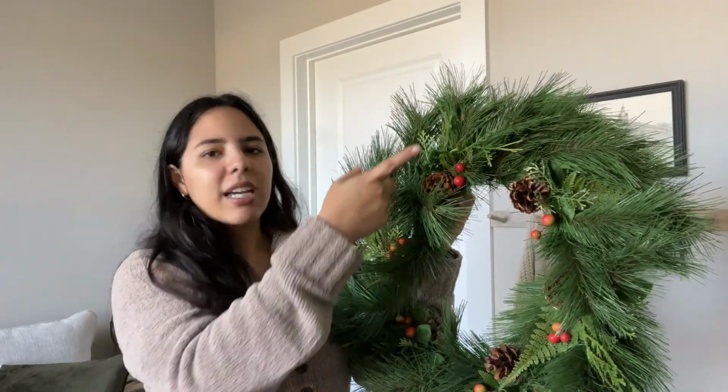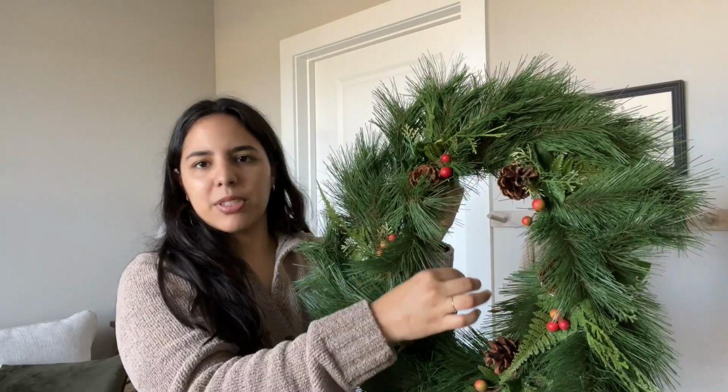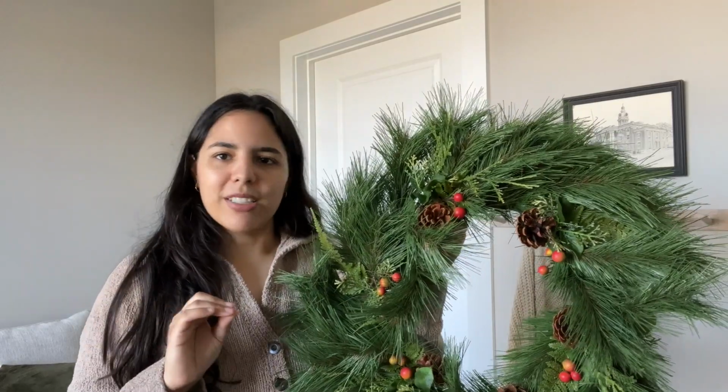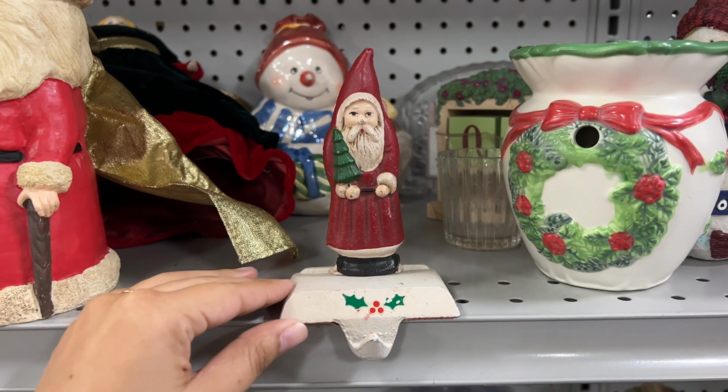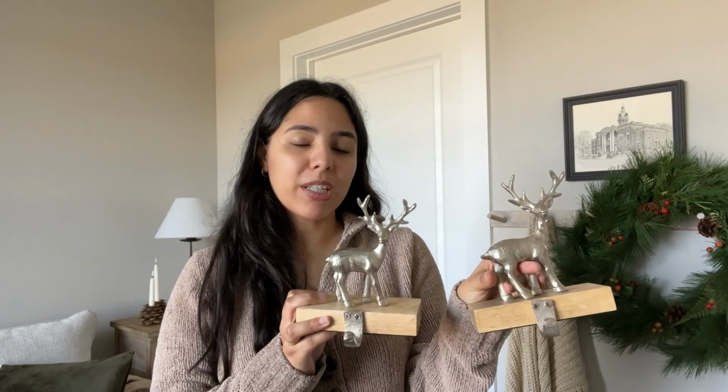And the same thing, I could add a bow if I wanted to, maybe some little dangling bells, and you can completely transform a piece with just a couple of little details. And the last thing that you can usually find at thrift stores are stocking holders. So I found these on Facebook Marketplace actually, but I've seen a ton of really cute ones also at the